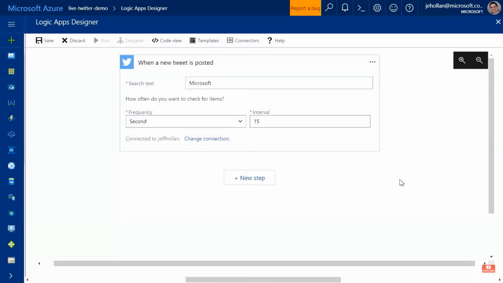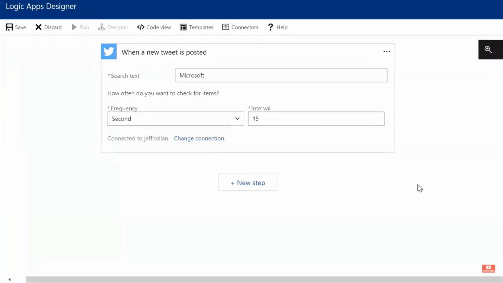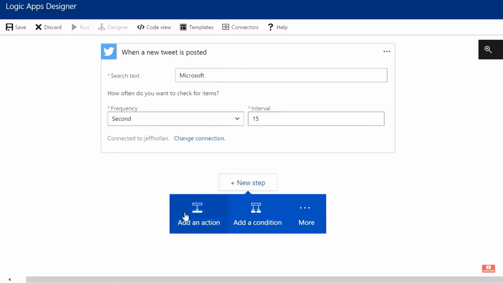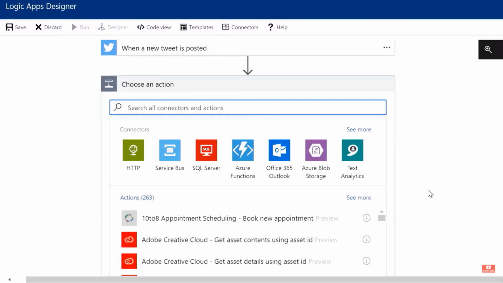So I'm here in the Azure portal, and this is the start of our app, and we're going to use that serverless workflow, Logic Apps, to start building our serverless app. So you'll notice here I've already added the event, which is when a tweet is posted. And in this case, I'm actually listening to tweets about Microsoft. Now, I can start to add in actions and resources to spin up when this event happens. So I'll go ahead here and add a step. And you'll notice those connectors we referenced earlier.